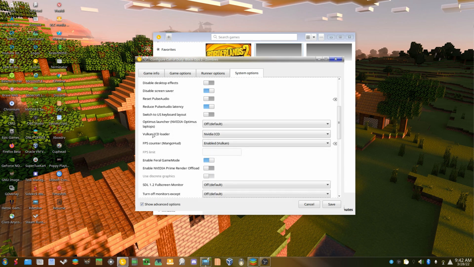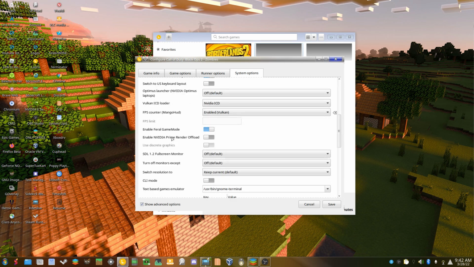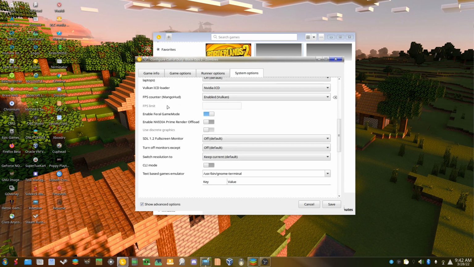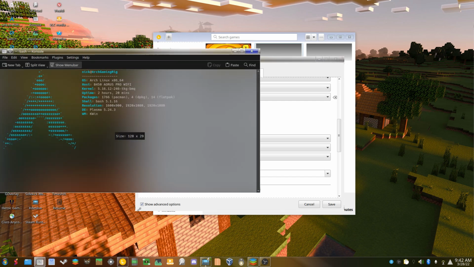But then you'd want to go to your Vulkan ICD loader, and since I have an NVIDIA graphics card, it's going to be NVIDIA ICD, or it could say AMD or Intel. But go ahead and check off that. And if you have game mode, it makes games run better. I find that if you could just type it in for Arch, sudo apt install,